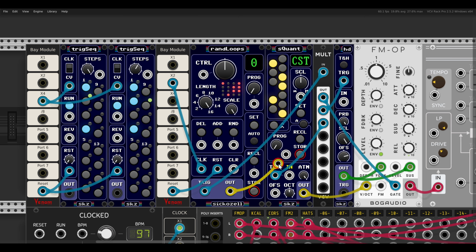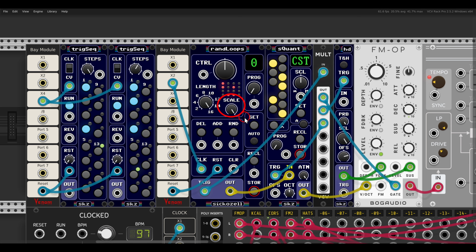So I will send this first through a quantizer, and then here we have the scale. This is not major, minor, and so on. This is the range of the CV output. Right, so I can attenuate it. Right, so we get a sequence generated by the random loops, and just like with the Turing Machine module, also